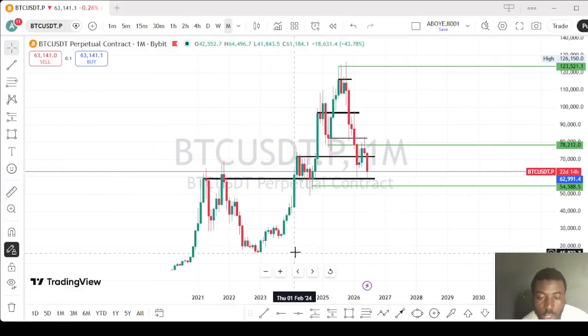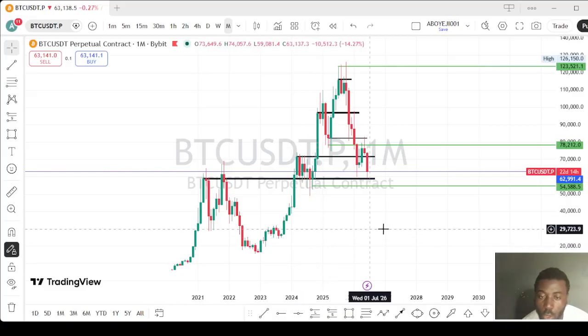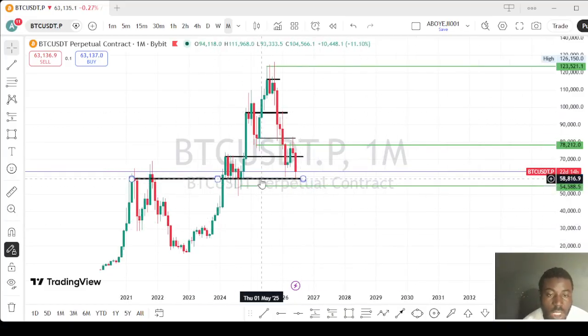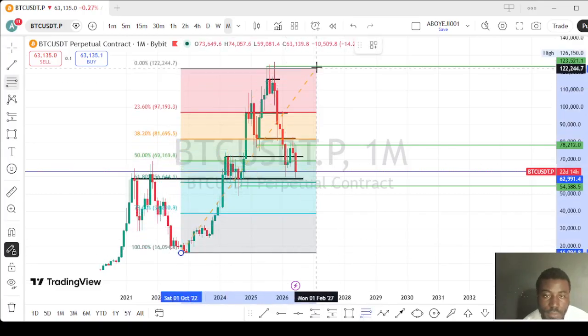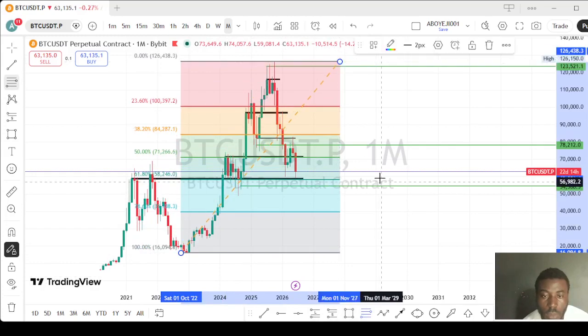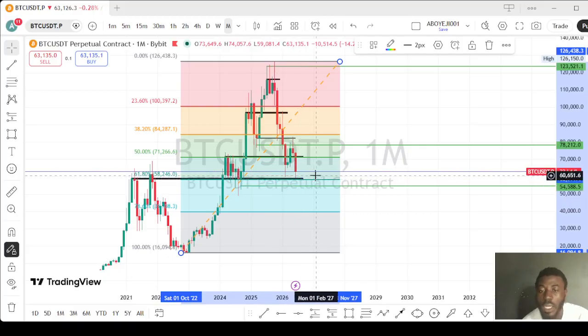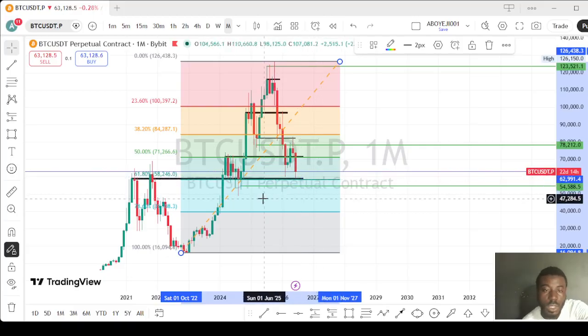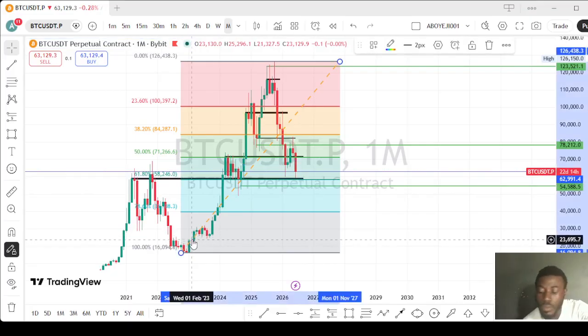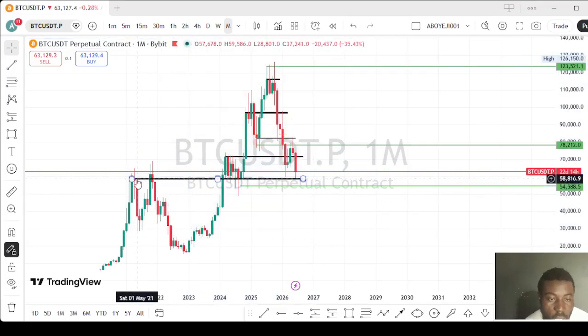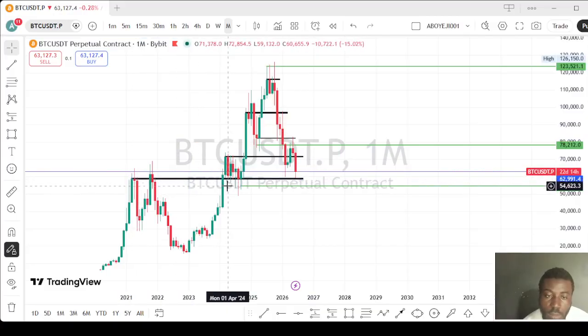So let's be expecting a huge drop on BTC, or this place can push the market up, because you can see, let's use Fibonacci retracement. This can push the market up, so we have to be patient, because those investors are here. You can see this is a key level, in which investors are here waiting for the market.